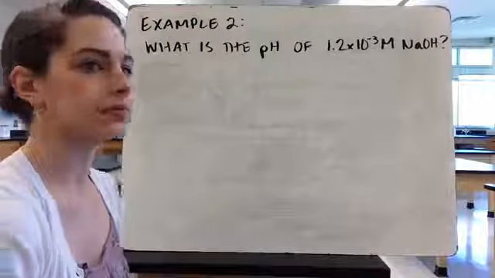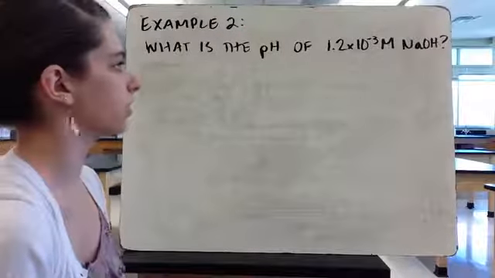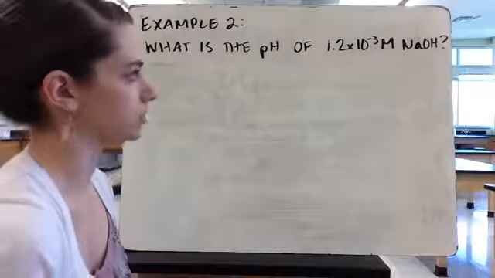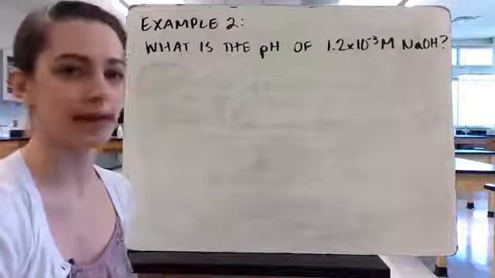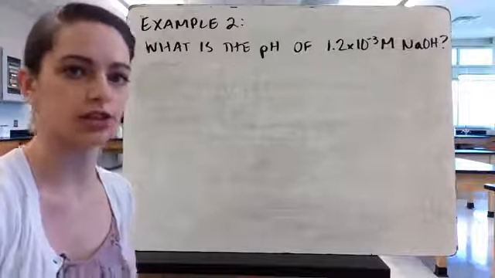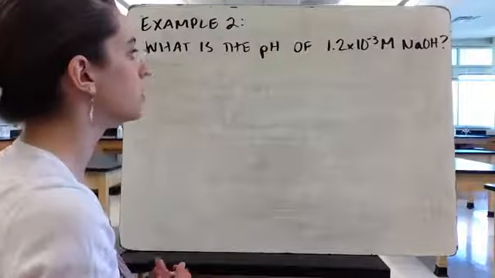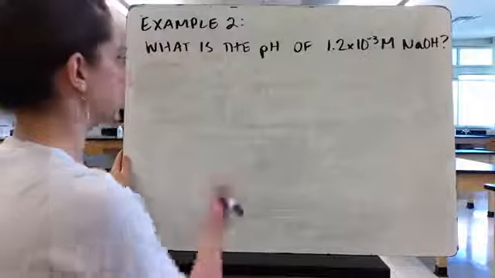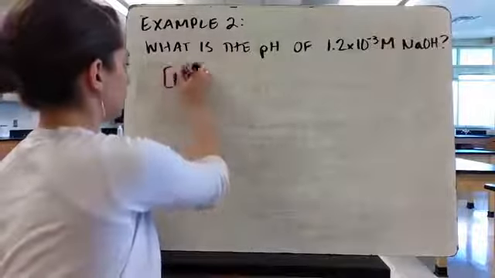Our second example says, what is the pH of 1.2 times 10 to the negative third molar NaOH? So sodium hydroxide is a base, but we can still calculate the pH of a base because it's just telling us how much hydrogen ion concentration there is. So if we have a strong base, that means,